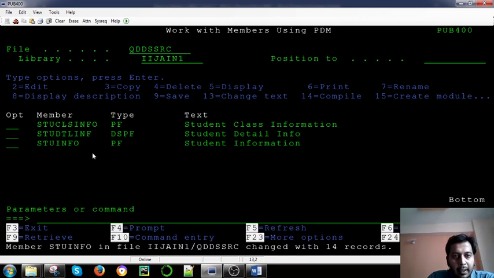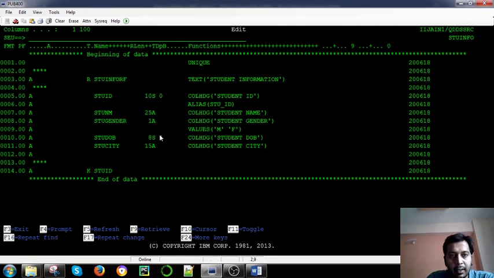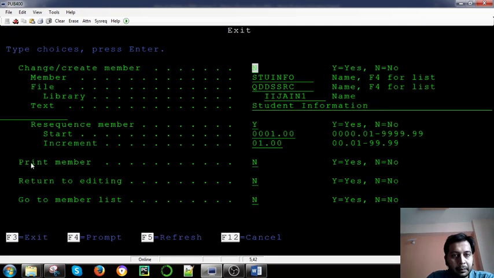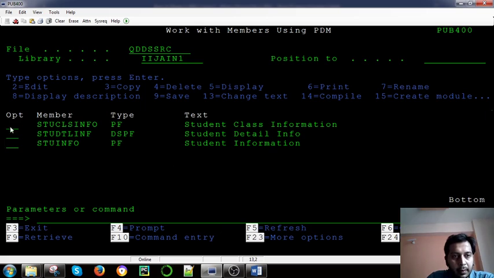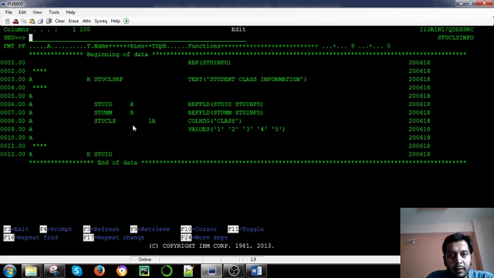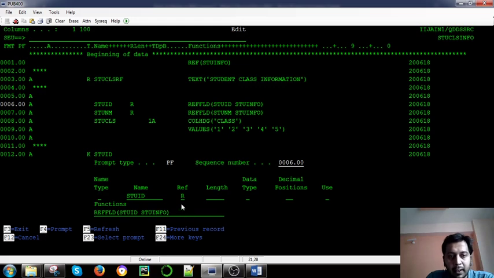We have a file, and again we have one more file, so we can look into it. Here you can see this is again the same one. This is again a file, and it uses a different reference keyword from the previous file, and this is the R one. It means the definition is from the previous file we have discussed. This is the reference keyword, and here we have to give the first definition you want to use. This is the student ID, and from which file? The student information file. This is very important.